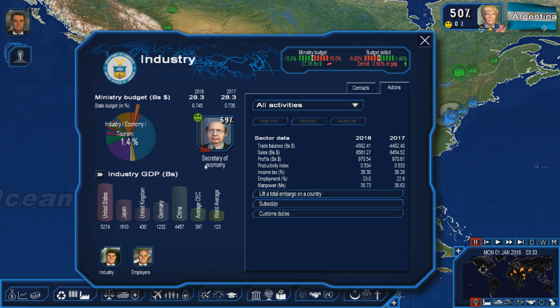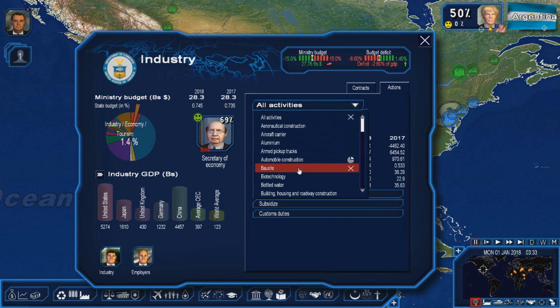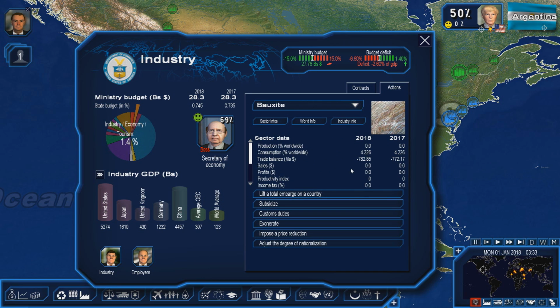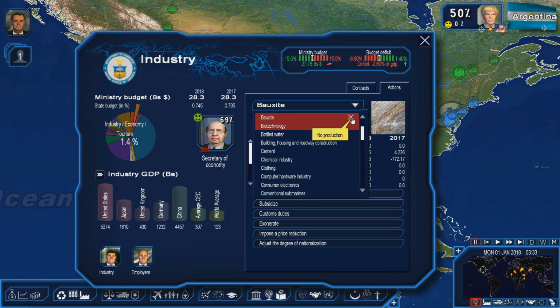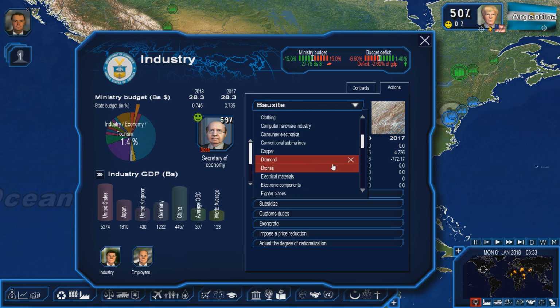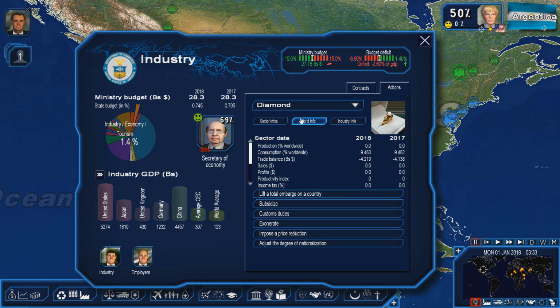If you're trying to produce raw materials and you do not have the production of it, you cannot produce it. So again, if I wanted to come over here to bauxite and produce bauxite, I can't, because I do not have the production of bauxite. You can try to subsidize it. I may be wrong here, but from what I know, raw materials cannot be produced if you do not have the production of it. So if it has that X right there, there's no production of it and you cannot make it. The ones that I know you cannot produce are diamonds,